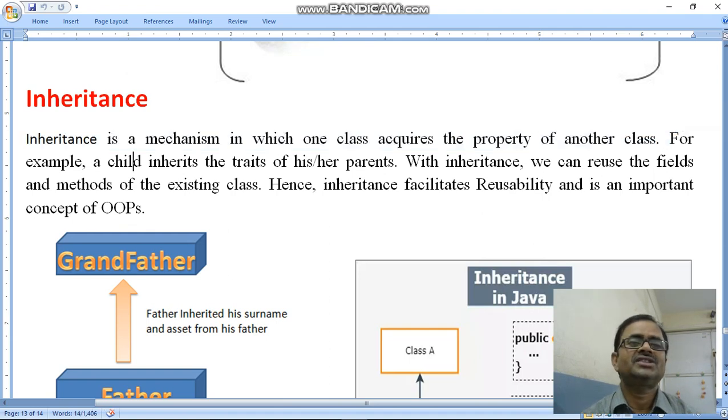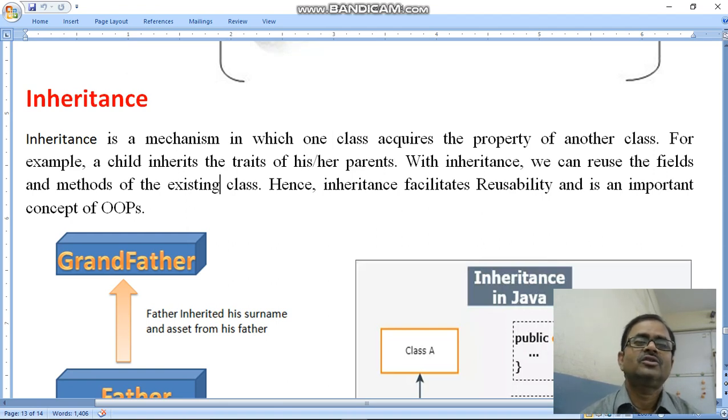For example, a child inherits the traits of his parents. With inheritance, we can reuse the fields and methods of the existing class. Hence, inheritance facilitates reusability and is an important concept of object-oriented programming.